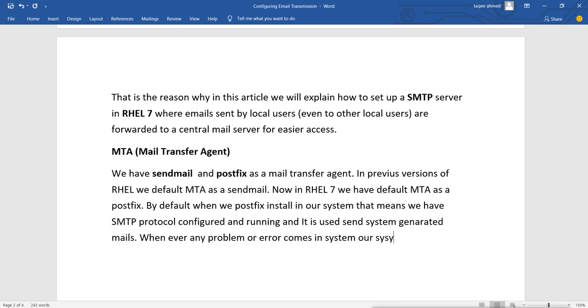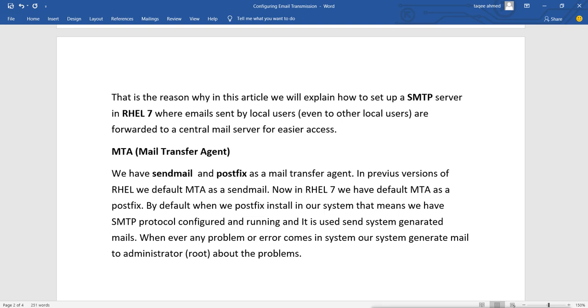Our system generates mail to the administrator about the problem. The administrator, in our case, is root.